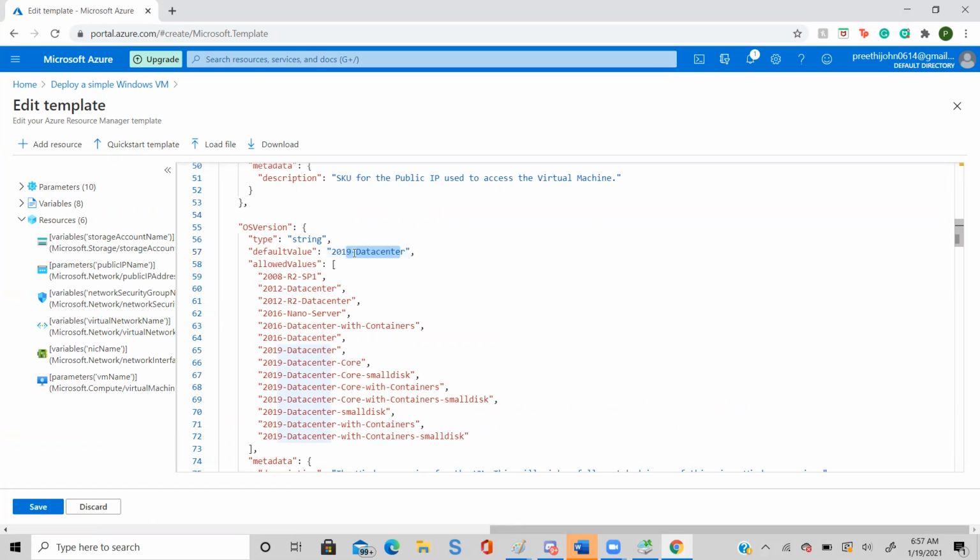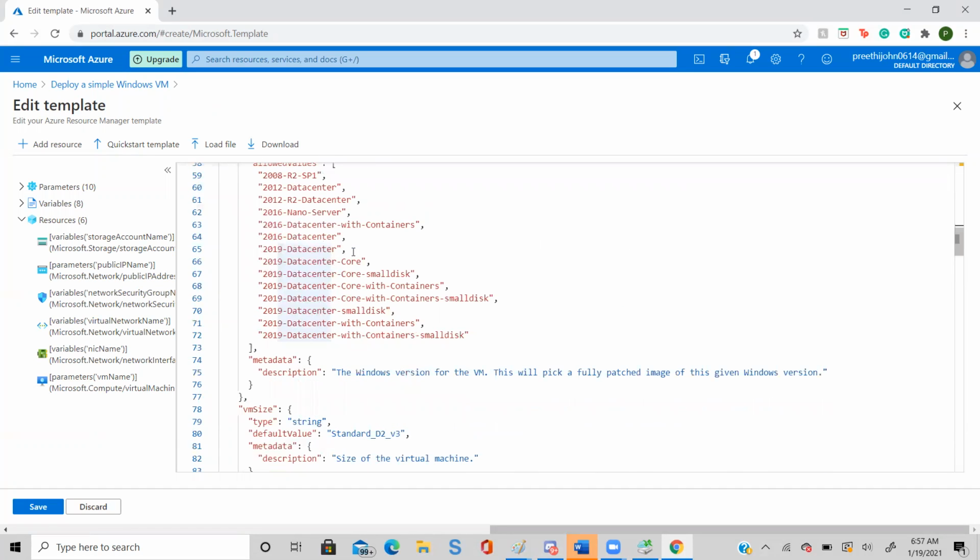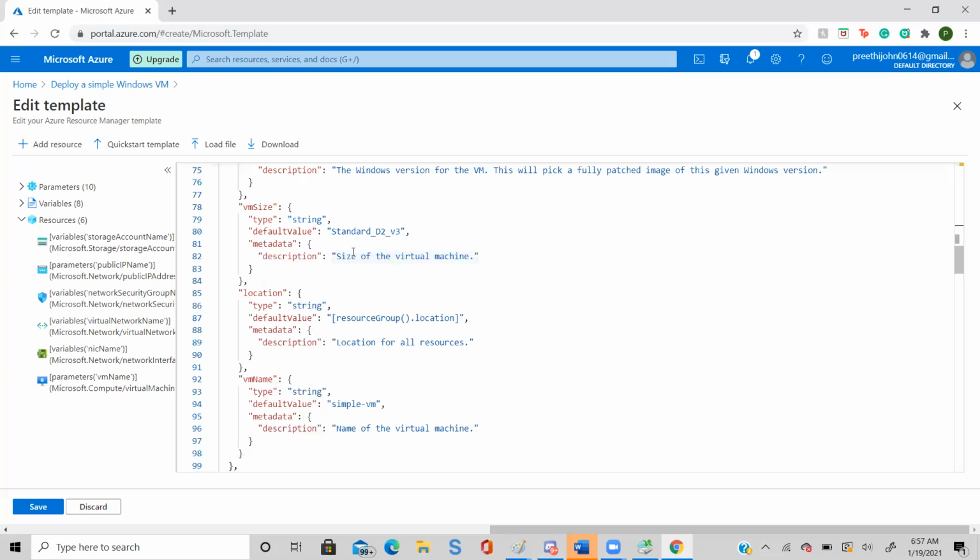All this is already defined here. That is the reason why it is not going to ask. It has also already defined the size, and the name of the VM. What is the name of the VM? Simple VM.